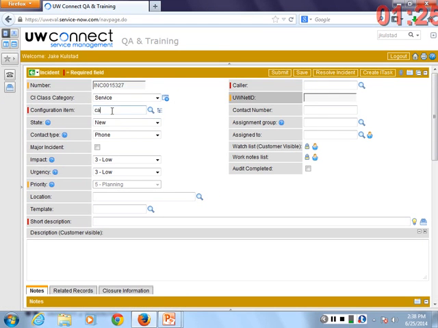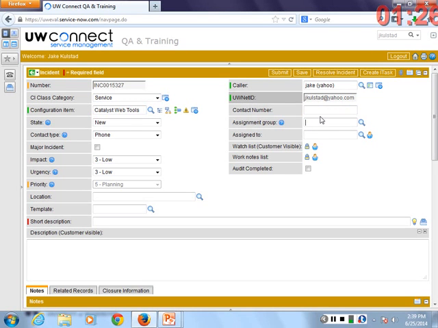Here we are in incident. Let's put in our required information. I'll keep picking on Catalyst because I do actually love it so. I'll put in my same caller. Just want to make a note. In incident, the assignment group is not auto-populated. And you'll note, if you don't put in an assignment group and you save this record, it's going to default to the UW IT Service Center, which is fine. They'll find it, and they will route it appropriately.